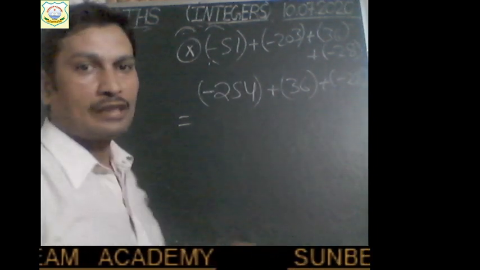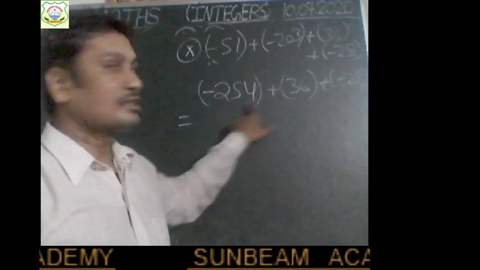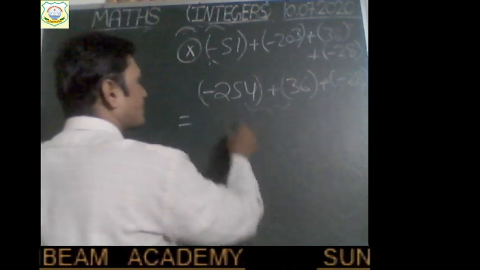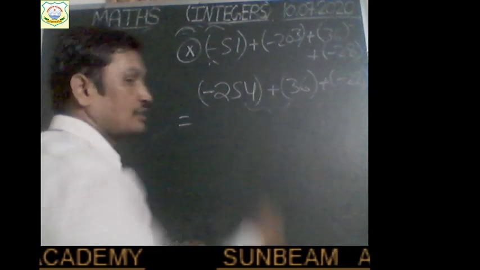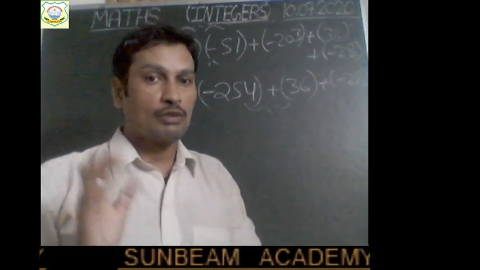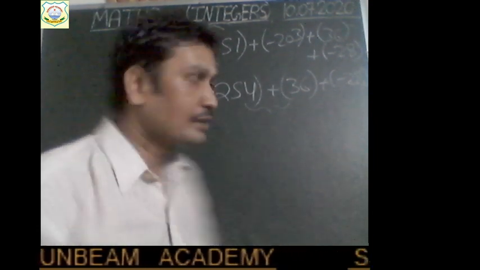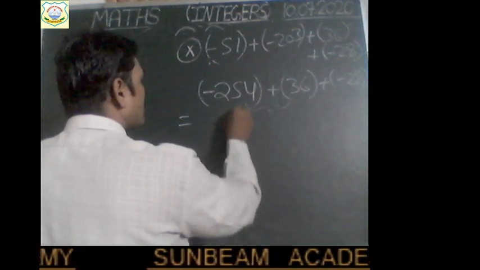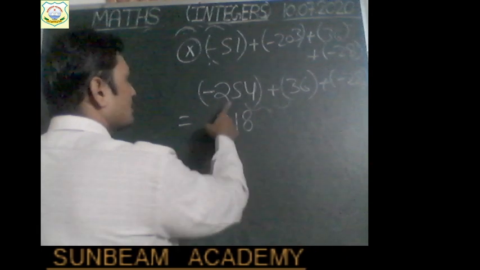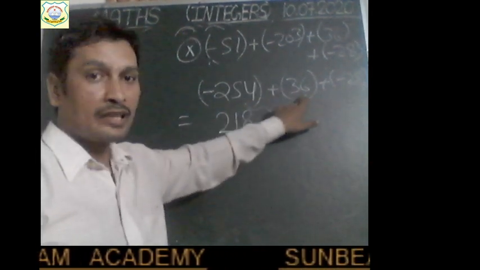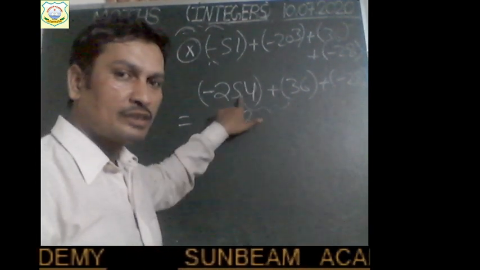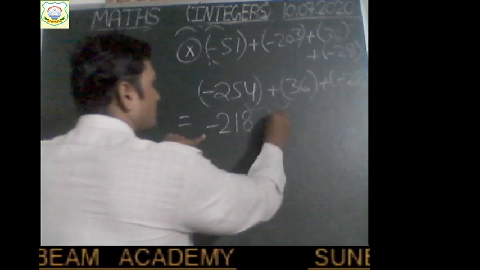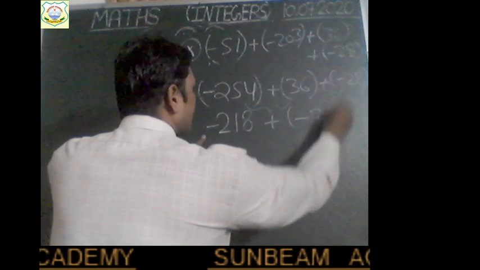Okay. Now add the first and second integer again. So add these two, what do we get? Minus 254 plus 36. They are having opposite sign, so we will subtract, right? Subtract. So 14 minus 6, 8. 4 minus 3, 1 and 2. And 254 is greater than 36, so we will use sign of 254, that is minus sign. Plus minus 28.